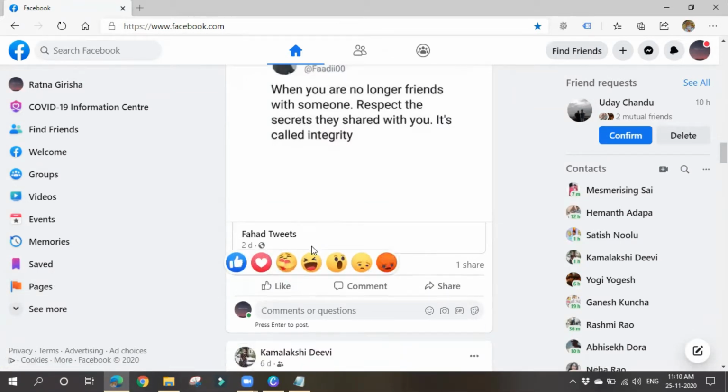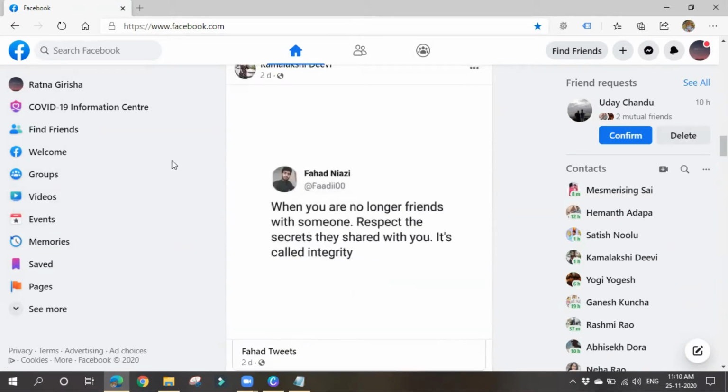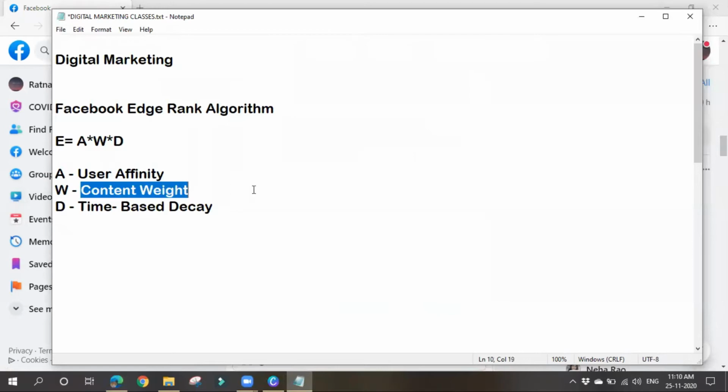If you are liking puppy or animal pictures more, which means you like those kind of memes or posts, so you are frequently displayed such posts, right? So based on this user affinity, the relationship between the user and the content matters. Based on this, what posts will be displayed on your newsfeed will be decided.